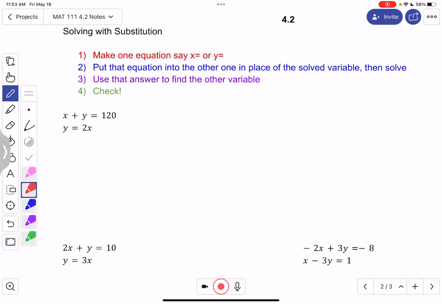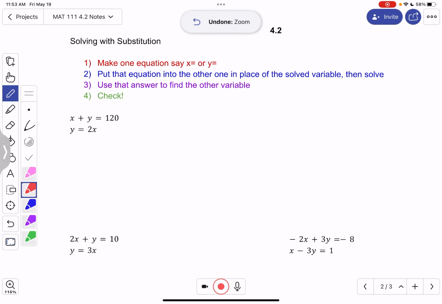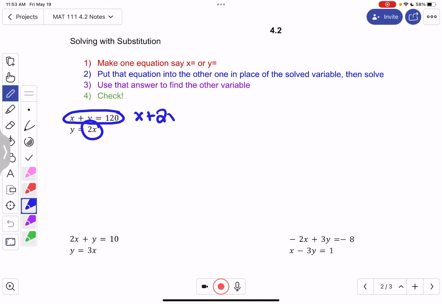Let's do one. This one already says y equals 2x, so step one is done. Now we're going to put that equation into the other. So I'm going to rewrite this first equation, but instead of y, I'm going to write 2x because that's what y equals. Now I can solve. X plus 2x is 3x, and if 3x equals 120, I can divide by 3, and I get x equals